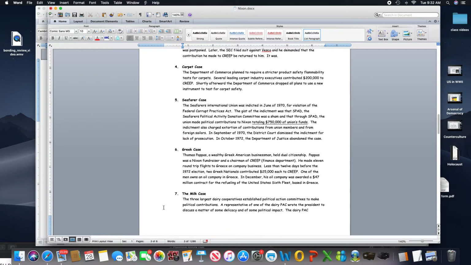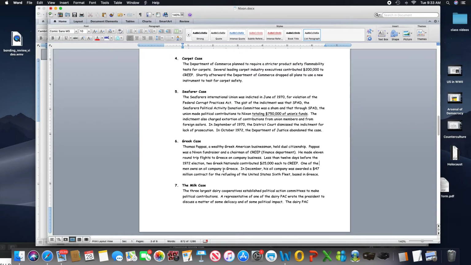Greek case. We have this man named Thomas Pappas, a wealthy Greek-American businessman, who held dual citizenship. He was a fundraiser and a chairman of CREEP in the finance department. He made 11 round-trip flights to Greece on company business. Less than 12 days before the election, 2 Greek nationals contributed $25,000 each to CREEP. One of the men owns an oil company in Greece. In December, his oil company was awarded a $47 million contract for the refueling of the United States Sixth Fleet